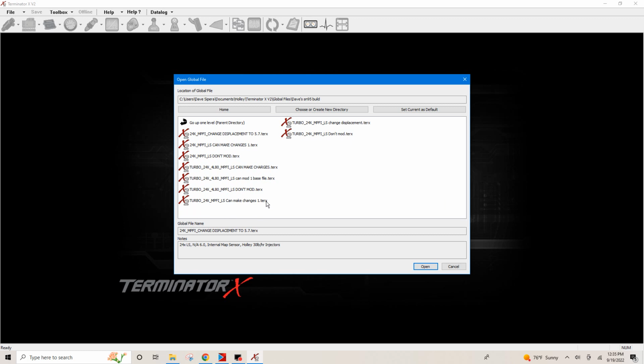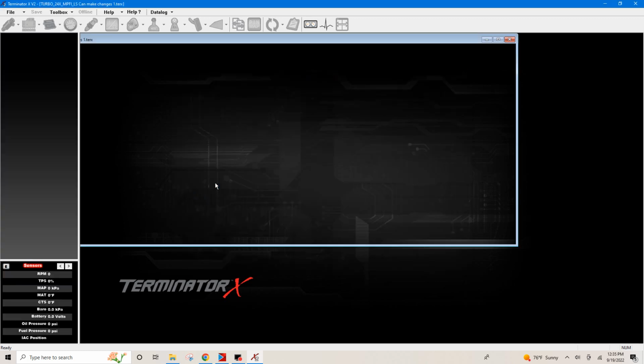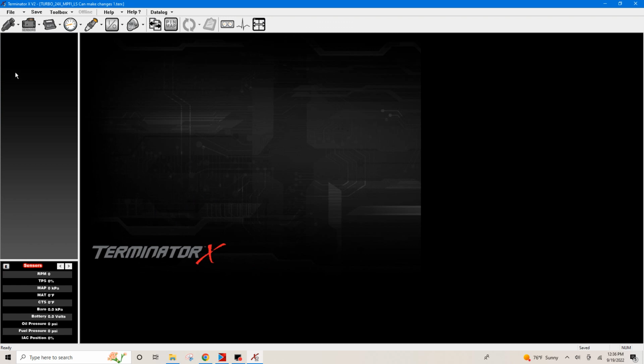We're going to come over here since our build is a turbo build, and we're running a Gen 3. This is a 24X base tune file that we're going to start from. And since our hypothetical vehicle is boosted with the 5.3, and it's a Gen 3, I forgot to mention that, we're going to go ahead and open this base file. So this is going to open your base calibration file up,